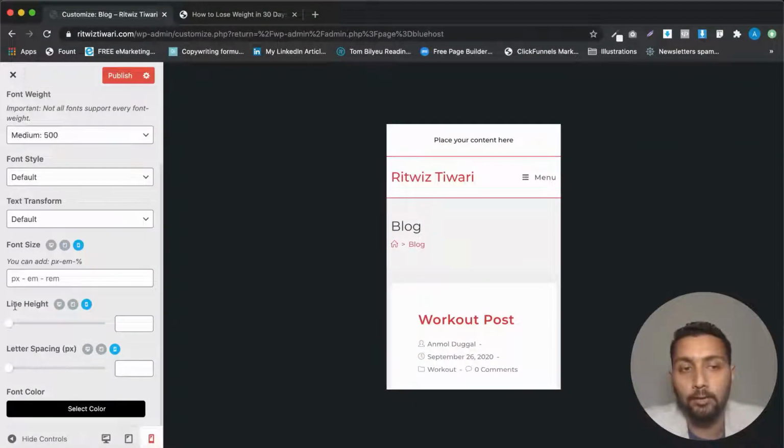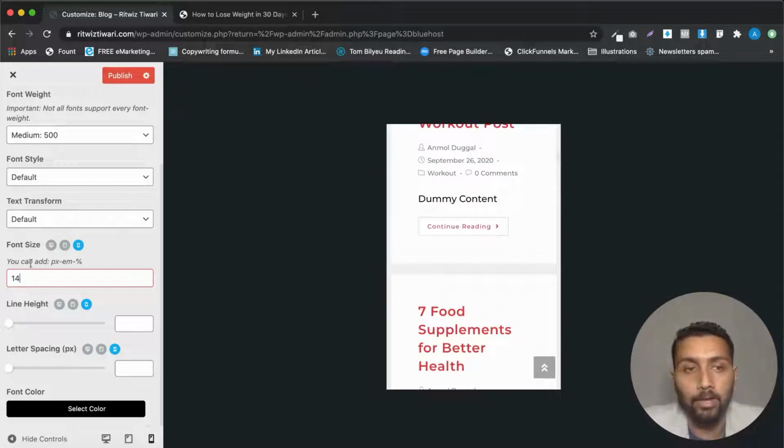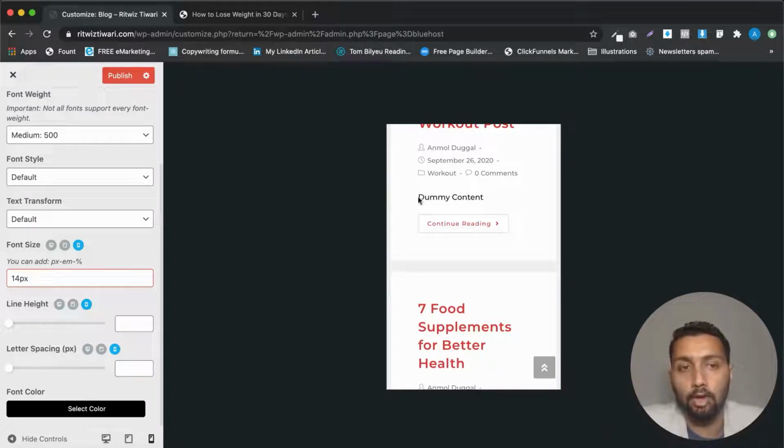So if you see here that for some of the options, like line height, letter spacing, font size, when I have selected the mobile option, whatever value you put in here will actually be applied only to the mobile. Like, if in the mobile I keep it as 14, then the font size is going to be 14 only for the mobile part. All right, 14 pixel. Let me just add it. So see, I guess it changed. Yeah, so you can see here that it has now been changed to 14 pixel.